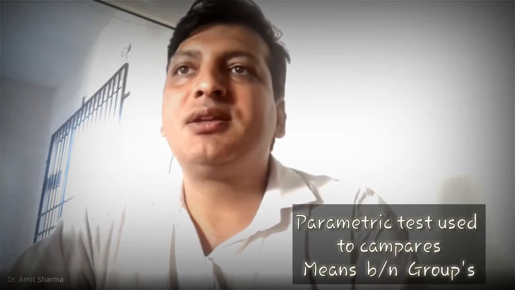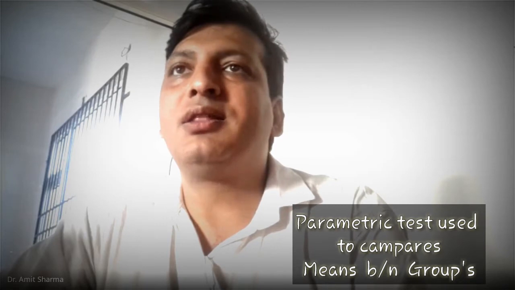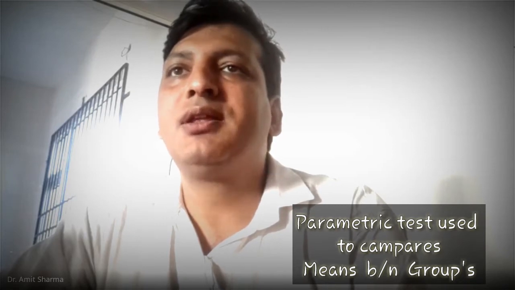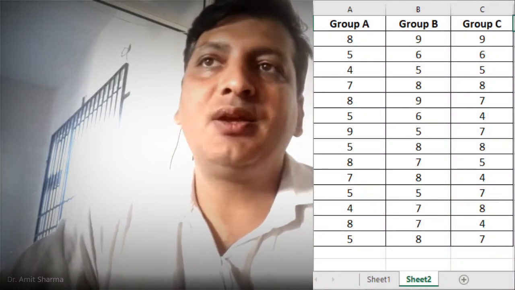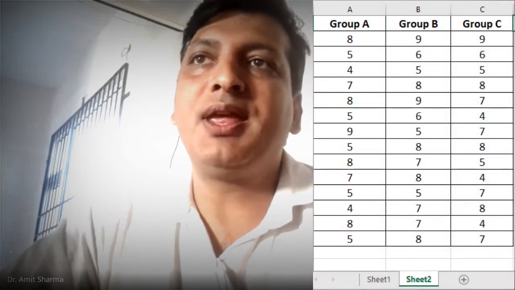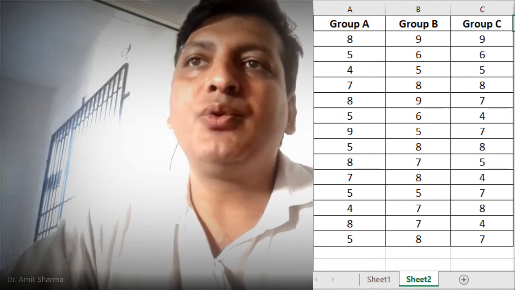So here we are discussing how to apply one-way ANOVA. As you know, one-way ANOVA is a parametric test, and it is used to compare the means of groups. So how to enter the data? Each column will be used as a group, for example group A, group B, and group C, and each row will be used as an individual reading.